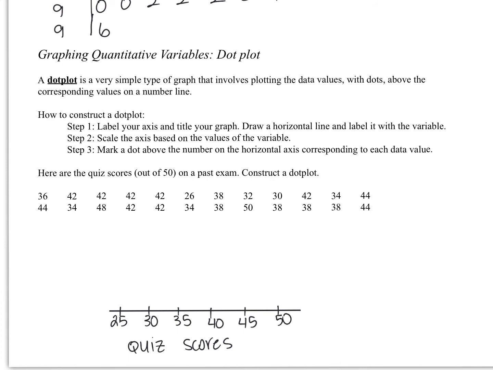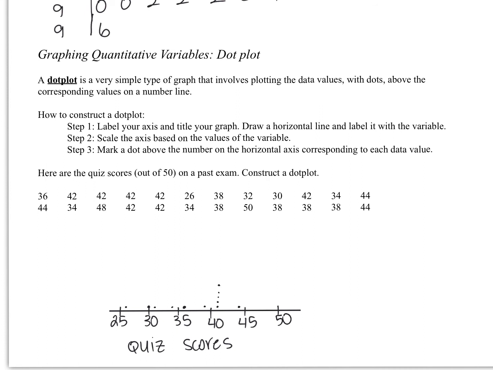Now, another nice thing about a dot plot is that you do not have to organize the numbers. You can just go as they appear. So my first dot is going to be above 36, and then I'm going to continue on. So there are 4 dots above 42, and 26, 38, 32, 30, another one above 42,